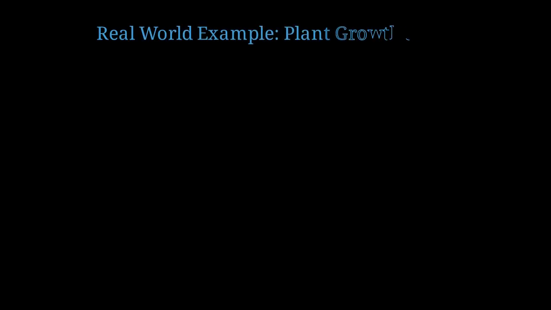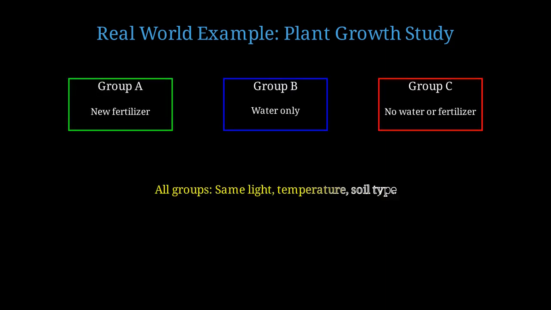Let me give you a detailed, real-world example involving plant growth. Suppose we want to test whether a new fertilizer increases plant growth. We set up three groups. Group A gets the new fertilizer, Group B gets water only as a negative control, and Group C gets nothing as a no treatment control. Everything else must be identical. After 30 days, we measure plant height in